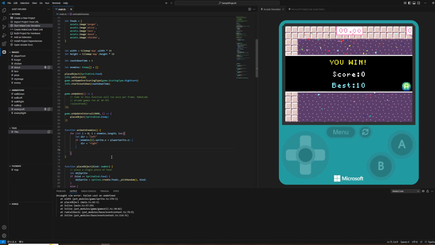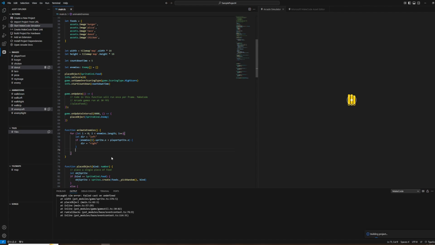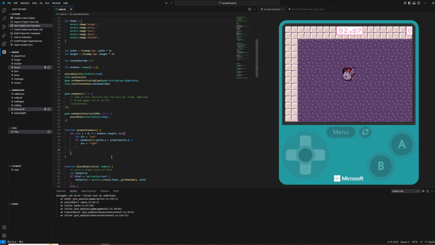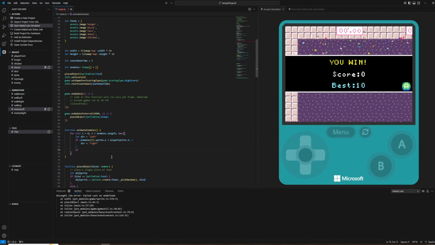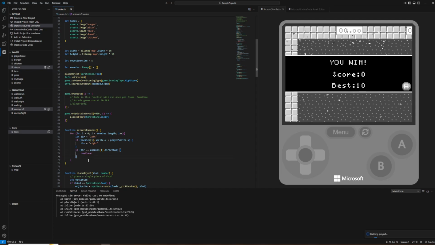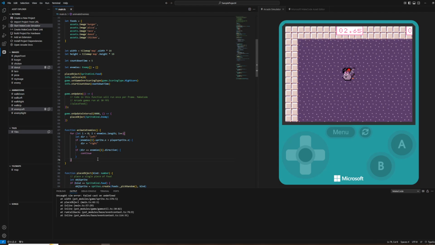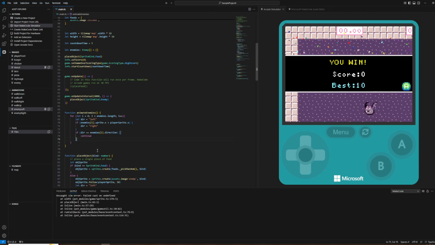And then what I need to do is see if the direction matches the previous direction. If it does, then we just want to break out of here. So we're going to say if direction equals enemies i dot direction, then we're going to continue to the next one. We're not going to do anything because that means the animation has already been set for it, essentially. The initial animation has been set. Otherwise,